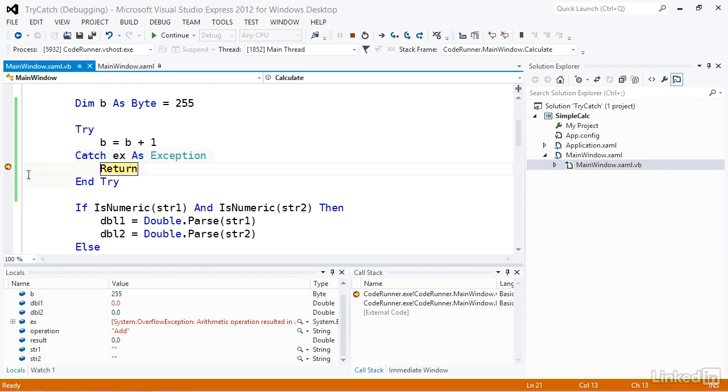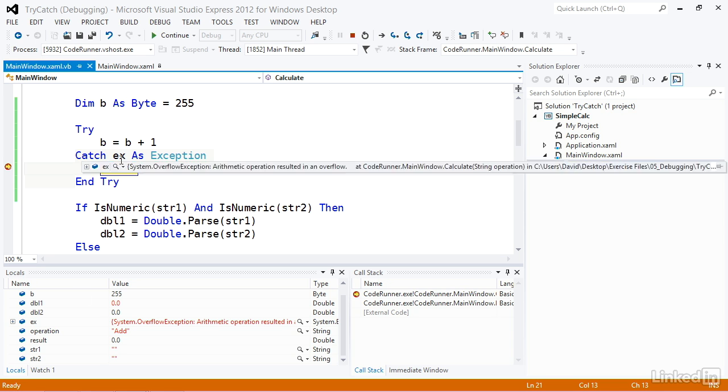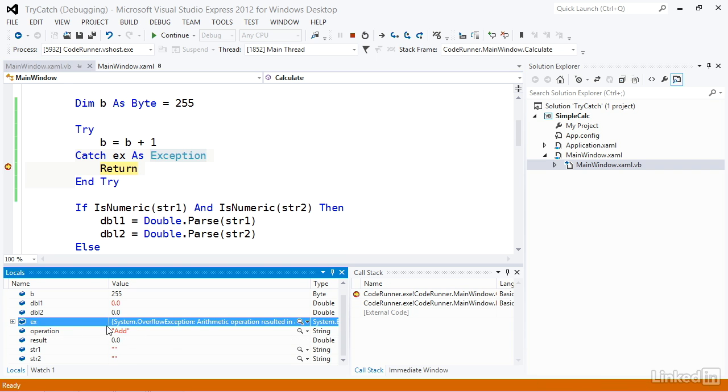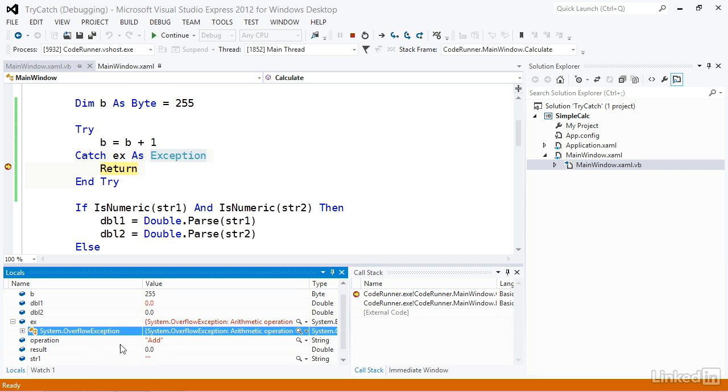That results in suspending the code and dropping me into Visual Studio. The indicator on the left tells me that I'm frozen at that line of code, and I can now inspect all of my current variables in the Locals panel down here. As I mentioned previously, if you don't see the Locals panel, reset your layout. We have a variable called EX that's generated by the catch clause, and currently it's data typed as an exception. But when I look in the Locals panel and I open up the tree for EX, I see that EX is an instance of a class called